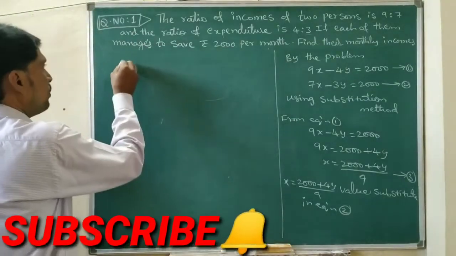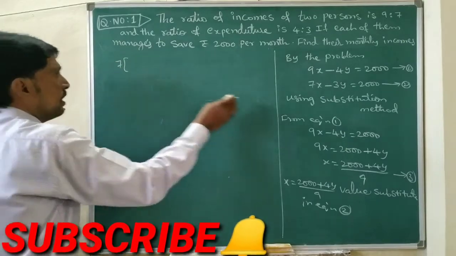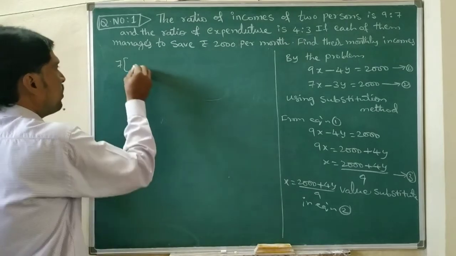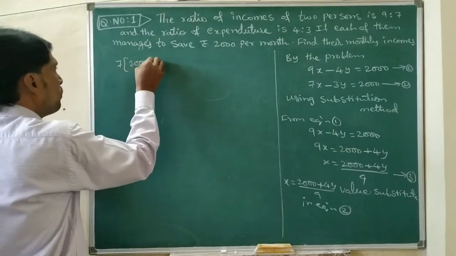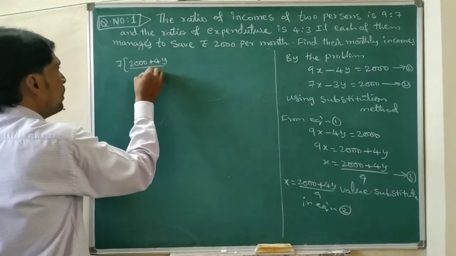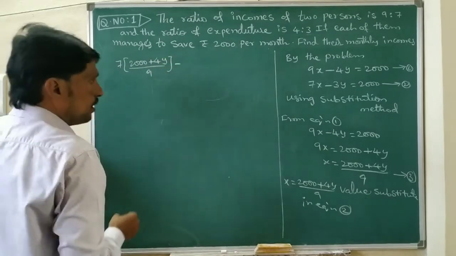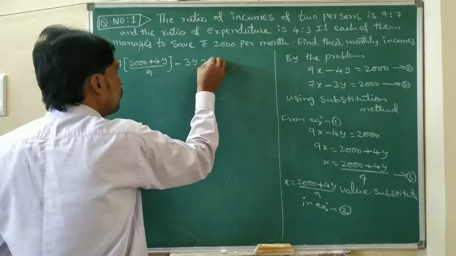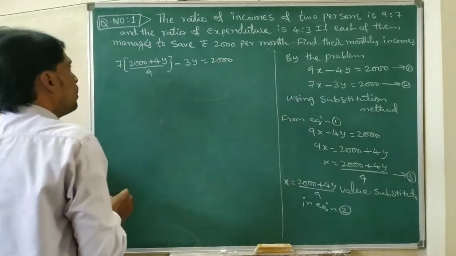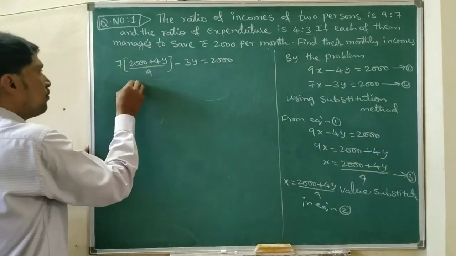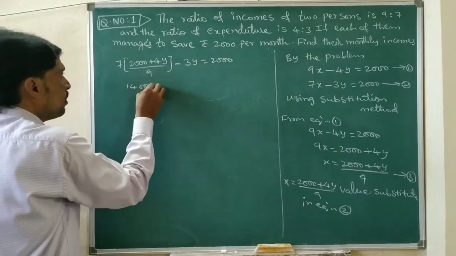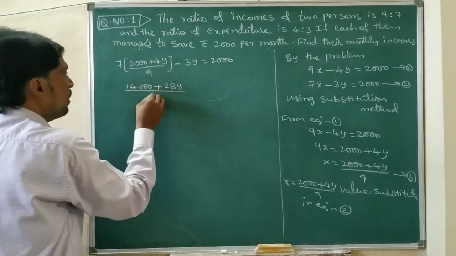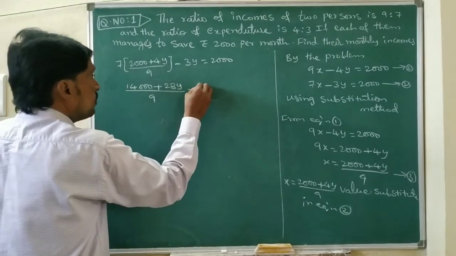So the second equation is 7x, here I am substituting 7 of x. For x, that value you have to write: 2000 plus 4y by 9 minus 3y as it is, equal to 2000. Now we can multiply: 7 2s are 14,000 plus 7 4s are 28y by 9 minus 3y